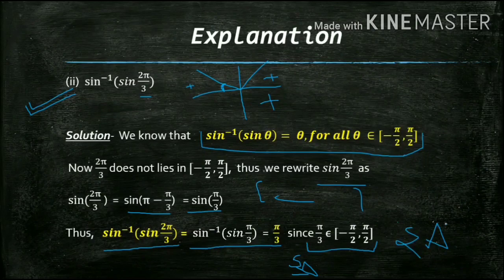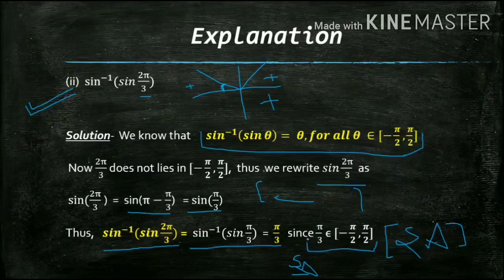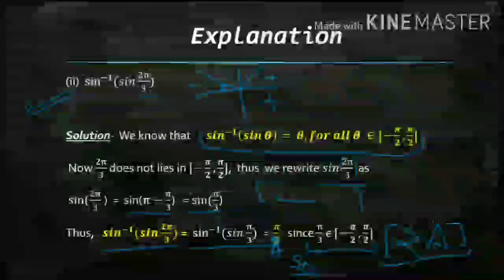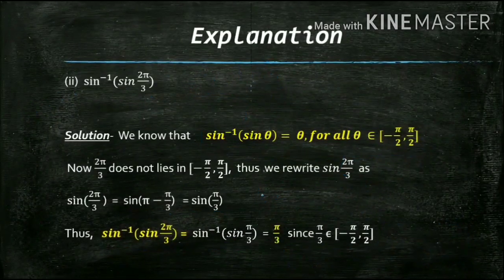If you just tell the examiner what property you are using, he will know that you know what you are using. And this is very important: if by some mistake you write pi by 2 over here, and the examiner reads that you are using the self-adjusting property, that means you know this thing and this is just a mistake that you made, so he will not deduct your marks, he will just give you the marks. So just try to be on the safer side and make fewer mistakes. Okay, this is also an easy one. Let's move to the next then.